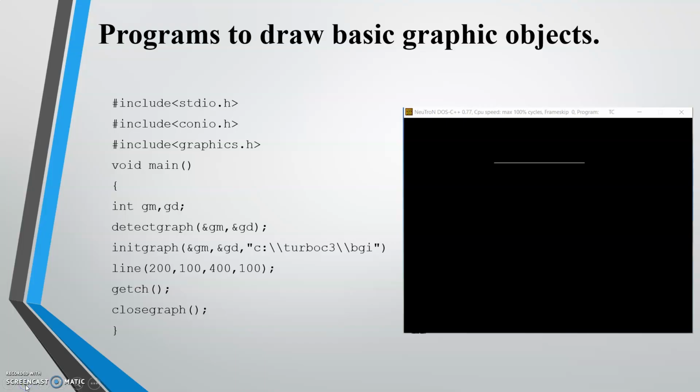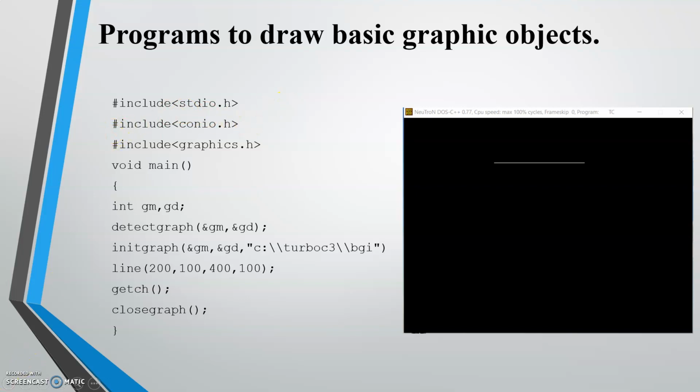The next we will study a program to draw basic graphic objects. First we will study how to draw a line in computer graphics. Your first line should be #include stdio.h, that is a standard input output header file.